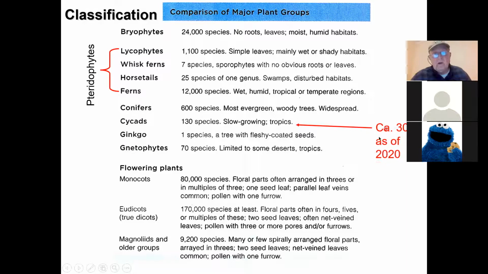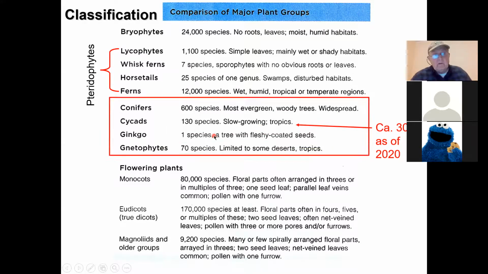And I talked last time about the one species, Encephalartos woodii, where there's only a male in existence in conservatories. But anyway, they're slow growing. The cycads are a slow growing group, in the tropics. Ginkgo is only one species, but they have one thing in common. They're all